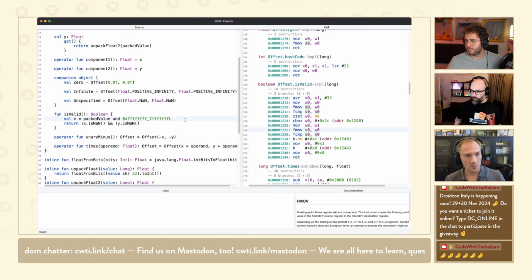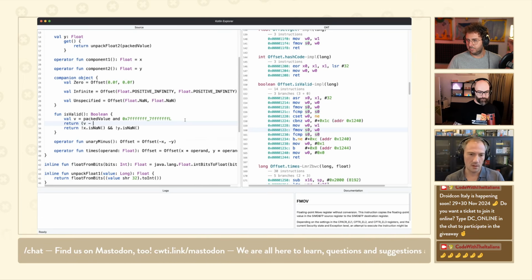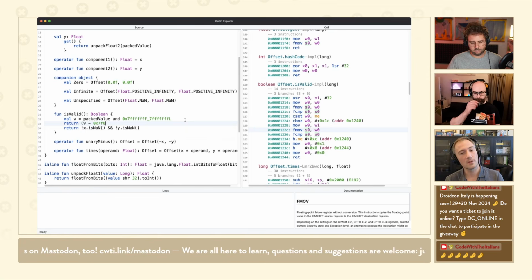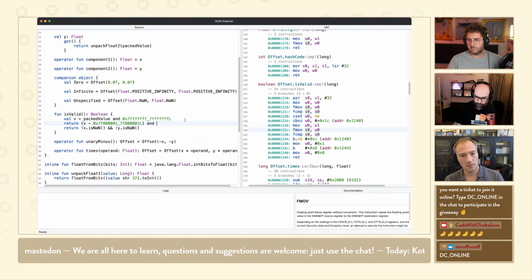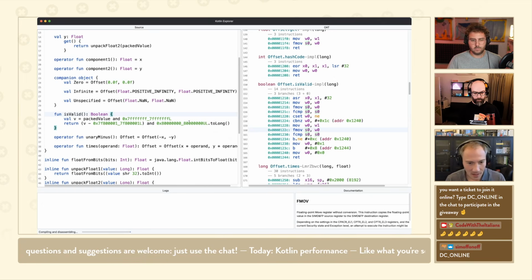And then we can use a bit trick where we can subtract, sorry, I'm trying to remember the constant. Okay, I'm going to explain what it is. Okay, that's right. So that will work. First, we're going to compile that, and then I'm going to explain what the heck is going on.